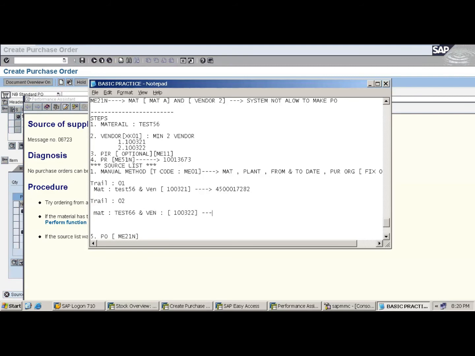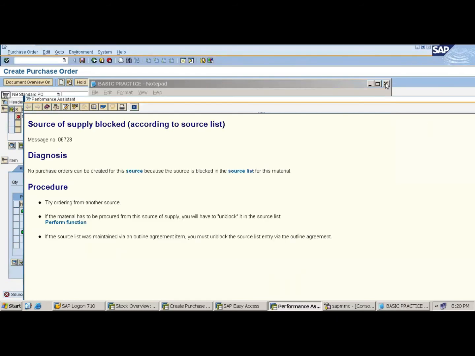So automatically the system throws the error message that source of supply is blocked according to what? Source list. According to what? Source list. So this is the main use of the source list.